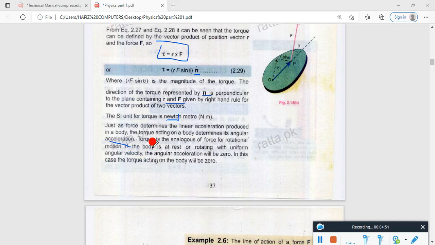Torque is the analogous of force for rotational motion. If a body is at rest or rotating with uniform angular velocity, the angular acceleration will be 0. In this case, the torque acting on the body